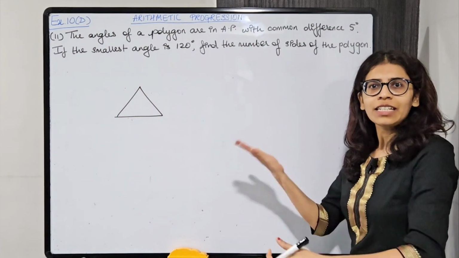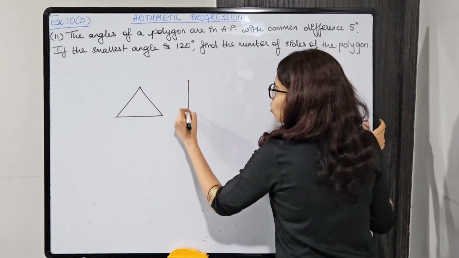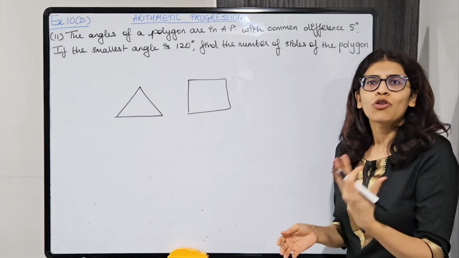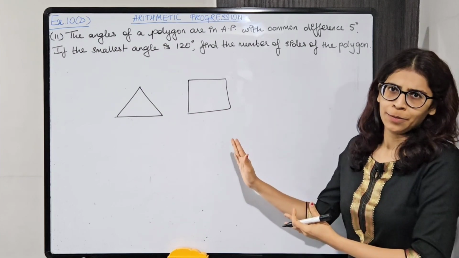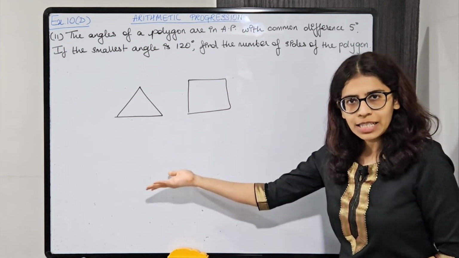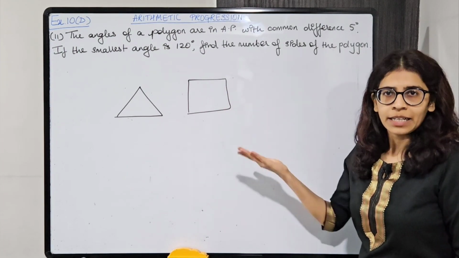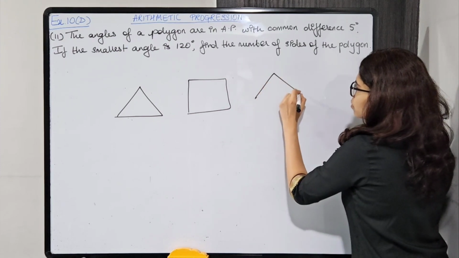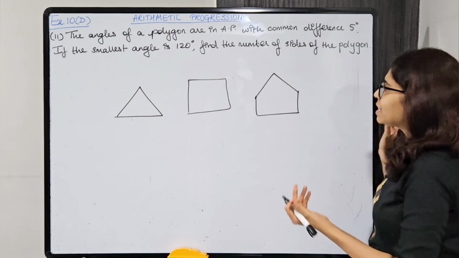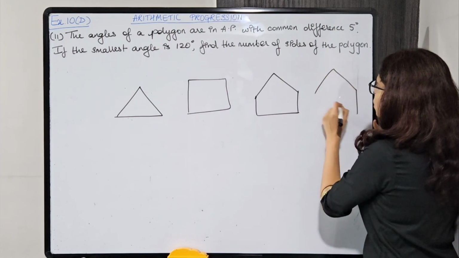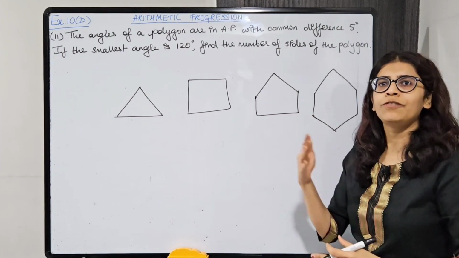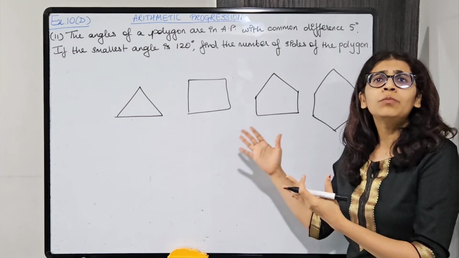It can have more than 3 sides also. So a square, trapezium, parallelogram, rhombus, these are all polygons. Okay, so these are all 4-sided, right? Triangle is 3-sided. 5-sided will be pentagon. So pentagon is 5-sided figure. Hexagon is 6-sided. Okay, so it can have any number of sides. Okay, it can have 10, 15, 20, 30, n number of sides.